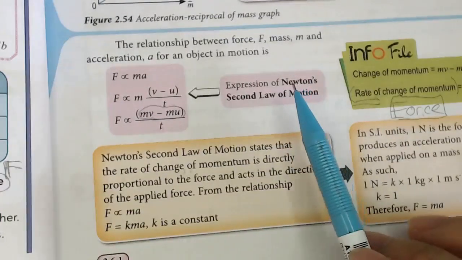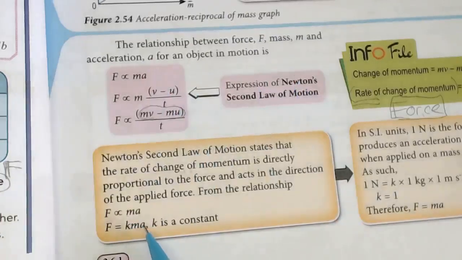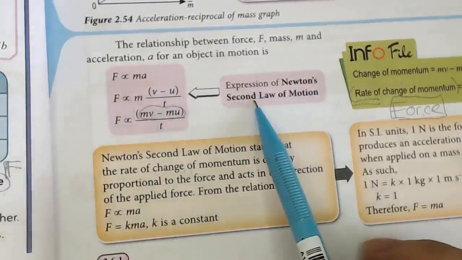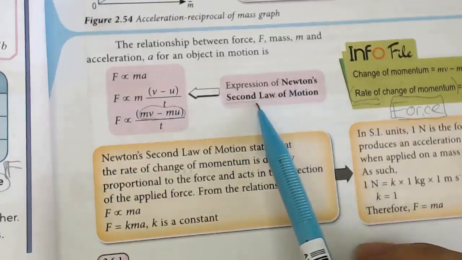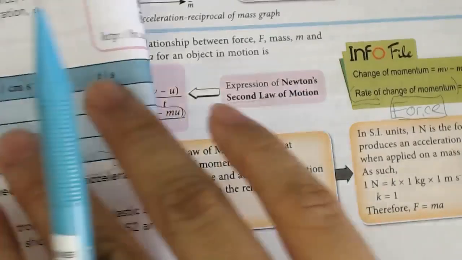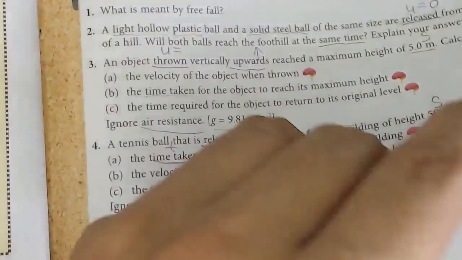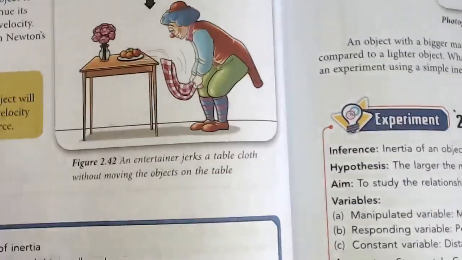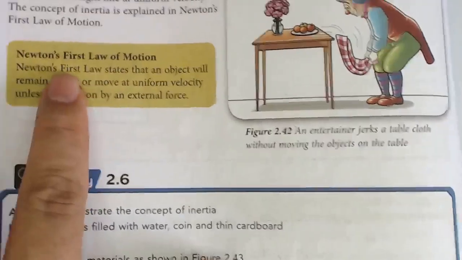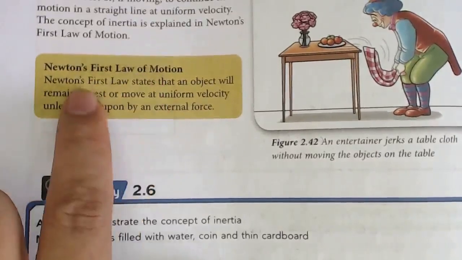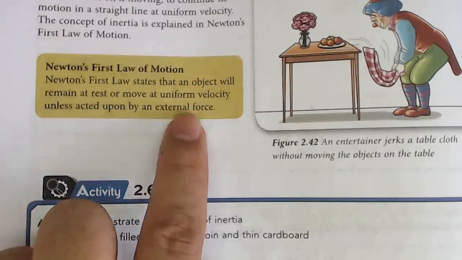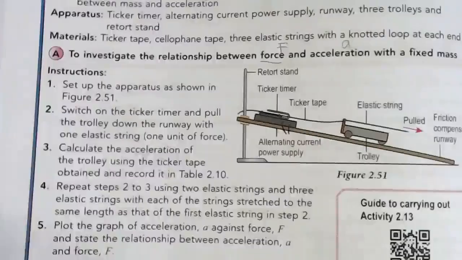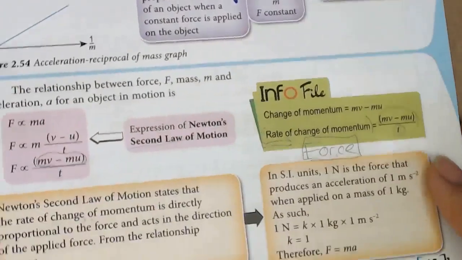And guess what? This is Newton's second law. What is Newton's first law? You have learned before. That is the inertia. Remember, inertia is Newton's first law of motion. It states that an object at rest, or an object at uniform velocity, and so on. Newton's second law is this formula, F equal to ma,